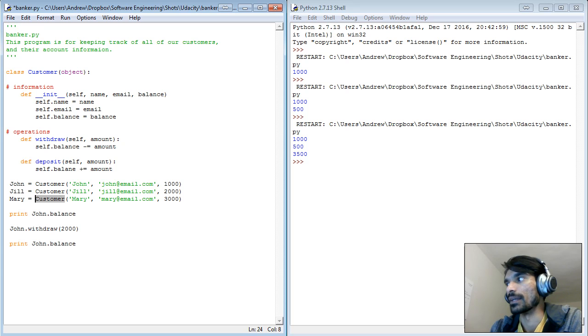Likewise for Jill and for Mary, the class is being called and the appropriate name, email address, and amount has been added in there. I can reference John's balance directly by typing in john.balance, and I can also withdraw from John's account by directly calling the method that we define, withdraw. In this case, I'm going to go ahead and withdraw $2,000. And then lastly, we're going to go ahead and print John's balance again so we can see the before and after. Okay, if I save this and if I,